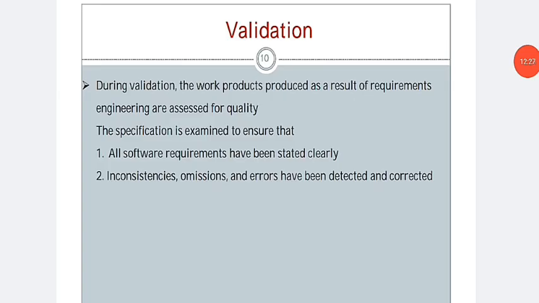The next task in requirement engineering is validation. As we already discussed, what does the validation task mean? It is the actual testing part. Whatever software was designed in the previous phases has to be tested here. In testing we will perform either module testing or whole system testing.